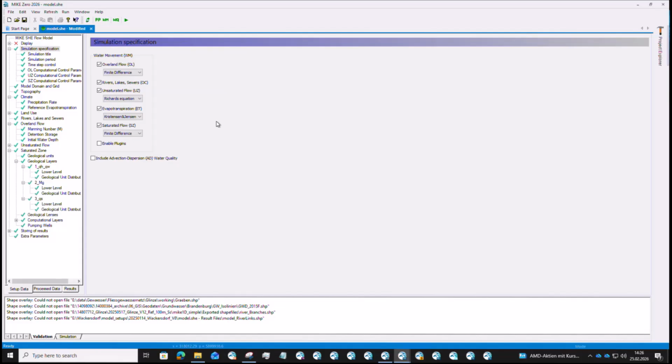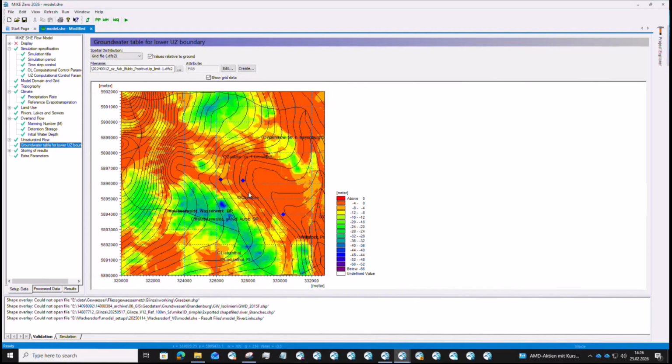So what we do, we prepare every module as it is, but then for a kind of preliminary dummy run, we deactivate the saturated zone. And we apply a depth to phreatic surface or an absolute grid of the hydraulic heads as lower boundary condition, and we neglect the complete groundwater model for the moment. Because this, let's say, gets rid of the full uncertainty that comes along with the hydraulic conductivities of the groundwater module. So you can concentrate only on